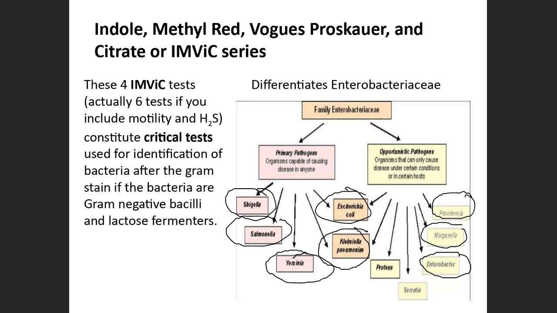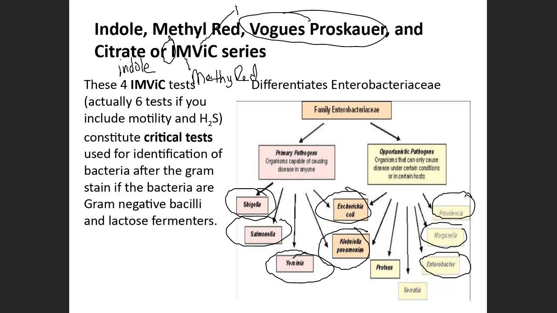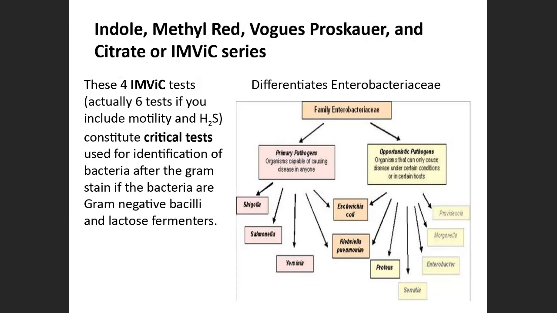So what we're going to do is go over each of the media that are part of the IMViC series. So first of all, IMViC stands for indole, methyl red. The M is for methyl red. The V is for the Voges-Proskauer, and the C is for citrate. That is four different results. But here's the thing, and this is very interesting. That indole test, the I in the IMViC,